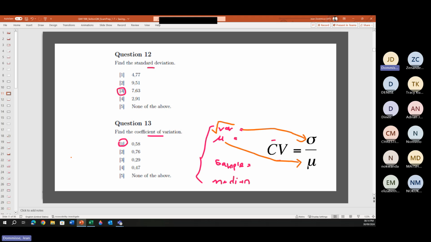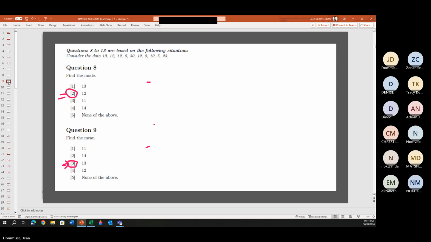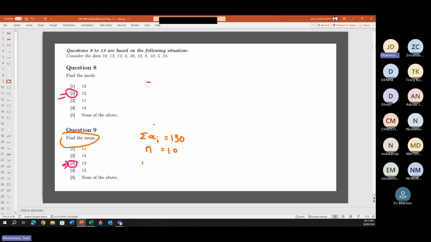The same if you look at where we needed to do the mean, they might also say, okay, the sum of xi was equal to 150, n is equal to 10. And they might even say, okay, well, the mode is 12